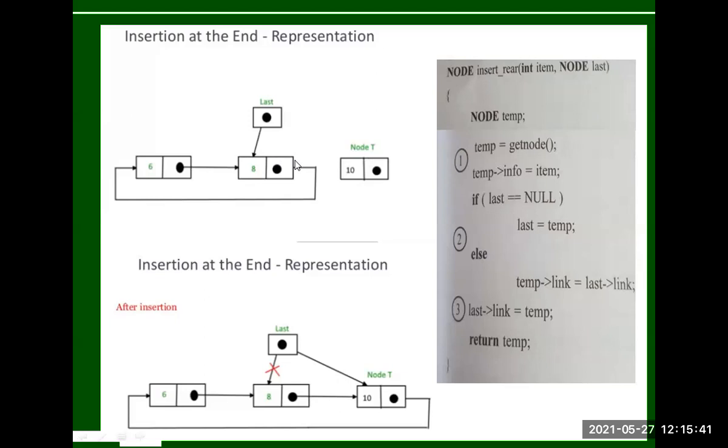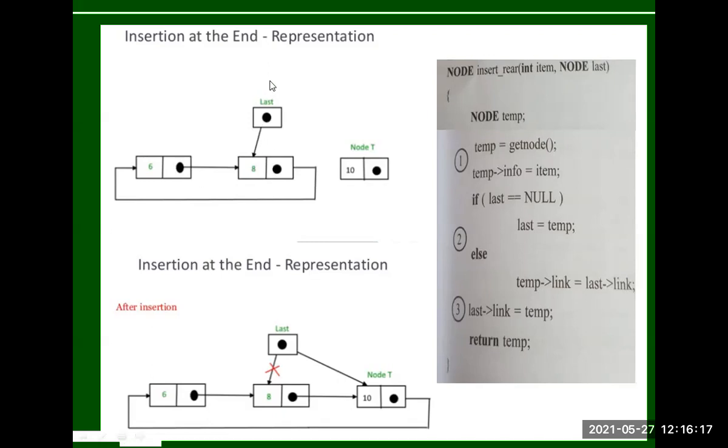In a single linked list, how do we know the end of the list? The last node's link contains null, so we take the current variable and increment while current of link is not equal to null. When null comes, that is the end. But here the last node contains the address of the first node.